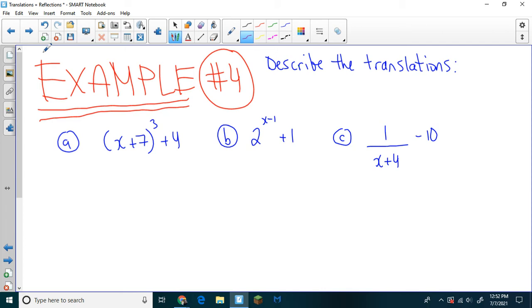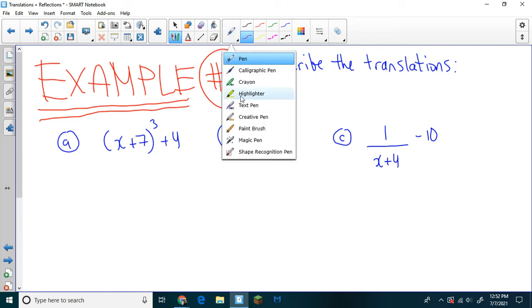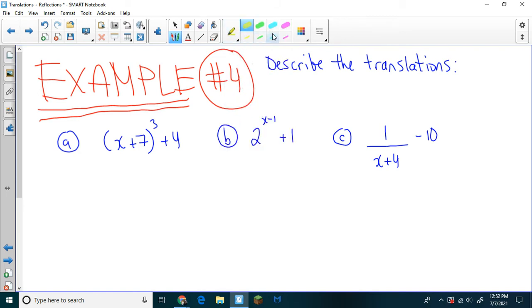All right, here's just a quick one where we're going to describe the transformations. We have 3 examples, 3 different functions. What I'm going to ask you to do as we work through this is first say what kind of function it is, and then list the transformations. If you look at this one, the highest exponent is a cube. That means this one is what we call the cubic function. And then if we look at the transformations,